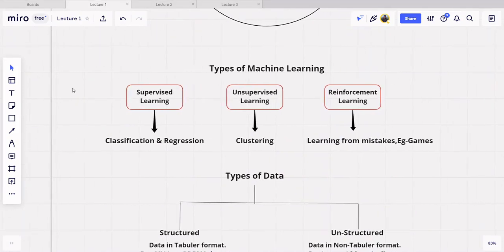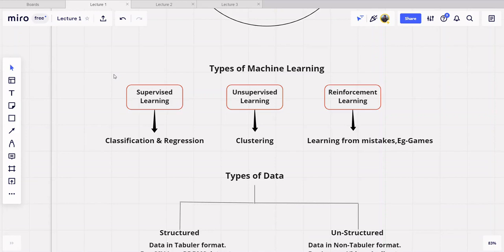Now there are different types of machine learning. The three main types are supervised learning, unsupervised learning, and reinforcement learning. Depending on the type of machine learning that you're using, you can solve different kinds of problems. Don't worry if you don't understand this or don't get what I'm saying right now. Just bear with me. After a few videos, you will definitely understand this. And using each type of machine learning, we can solve a particular